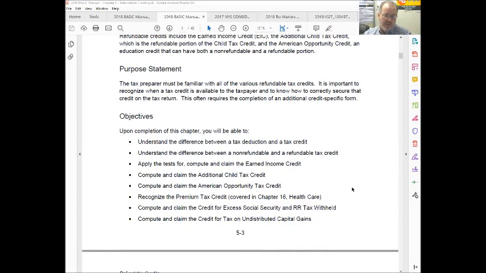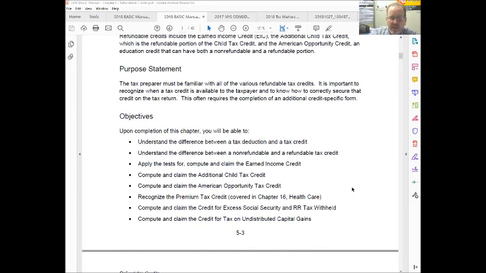Non-refundable, Pac-Man, they eat up the tax, okay? Now, we're going to start out in this chapter and talk about tax deductions and tax credits, okay? There's a difference, all right? We'll talk about that. We're going to get a little bit of an understanding of the difference between non-refundable and